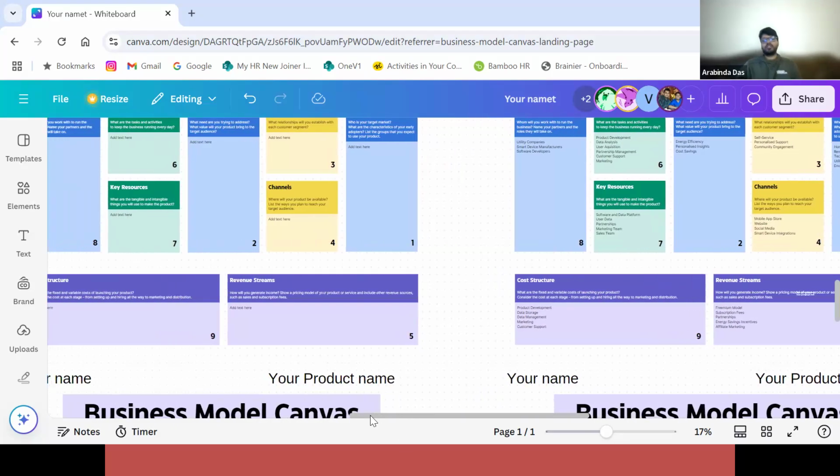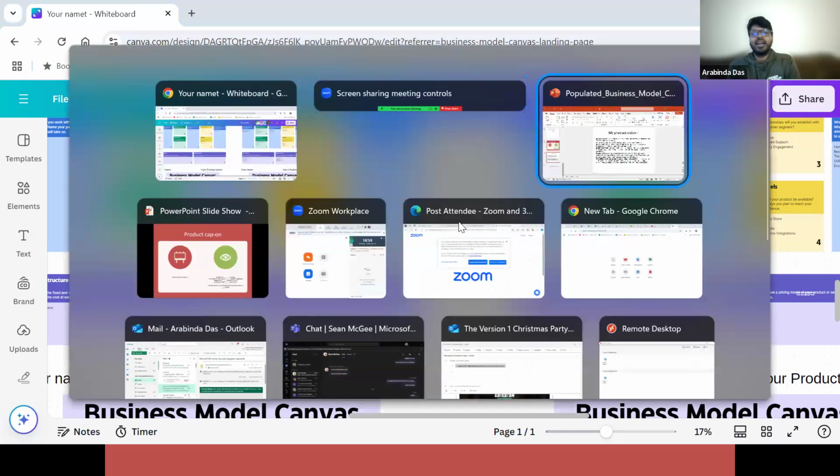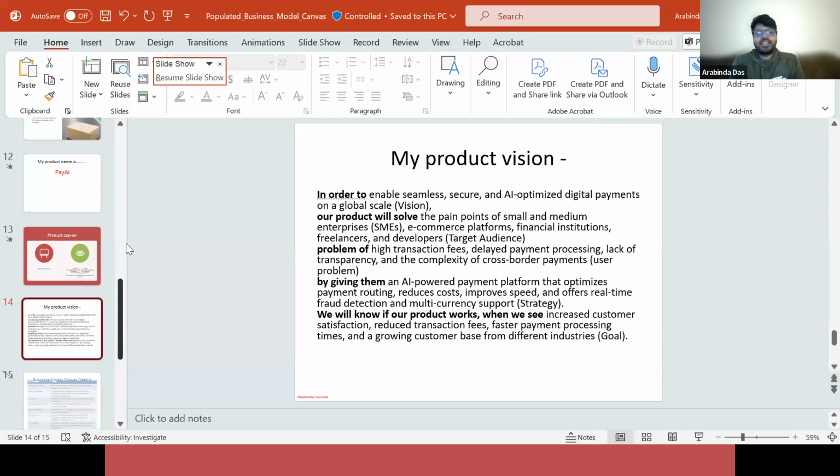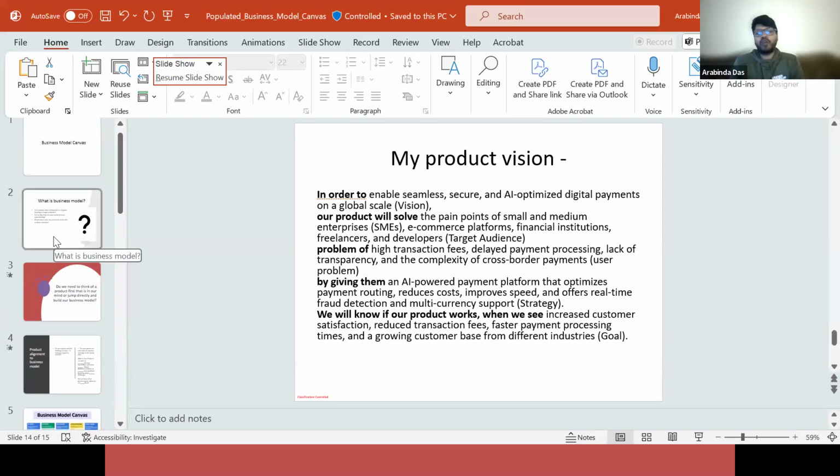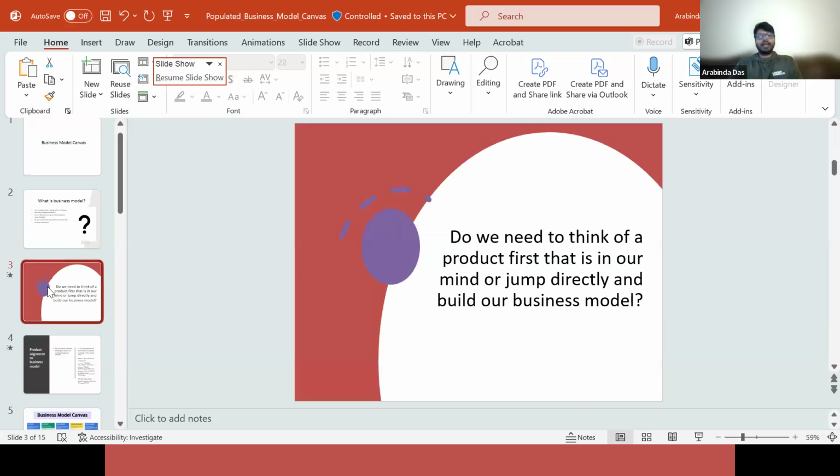You guys can go through this presentation if it is required for you at any point of time. If you want to think about how the business model canvas can be built, you can just refer back to it. It might not be a descriptive presentation, but it might give you a kick on how to build a business model for yourself, or for an idea or a feature that you have thought of. So yeah, I am open to any questions if anyone has, and if we don't have any questions, we can wrap up. Dean has a question.